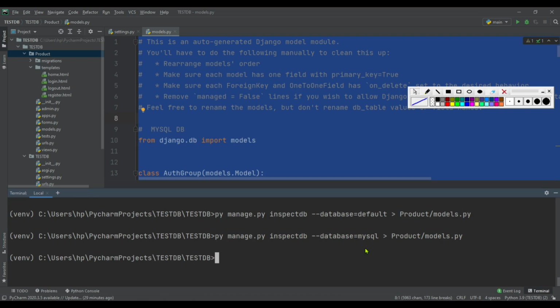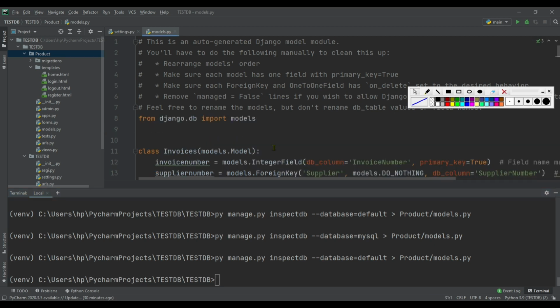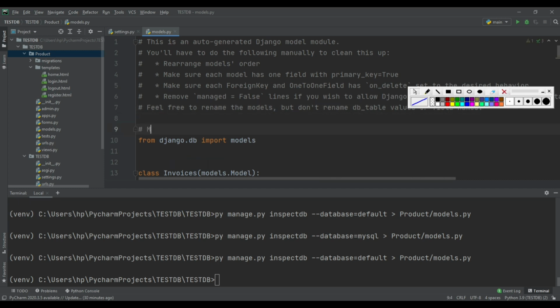Now run the command to import tables from Microsoft SQL DB. So this is the command to import tables from Microsoft SQL DB. Press enter. Click on models.py file. So we can see here the code is changed and these all are the tables from Microsoft SQL DB.